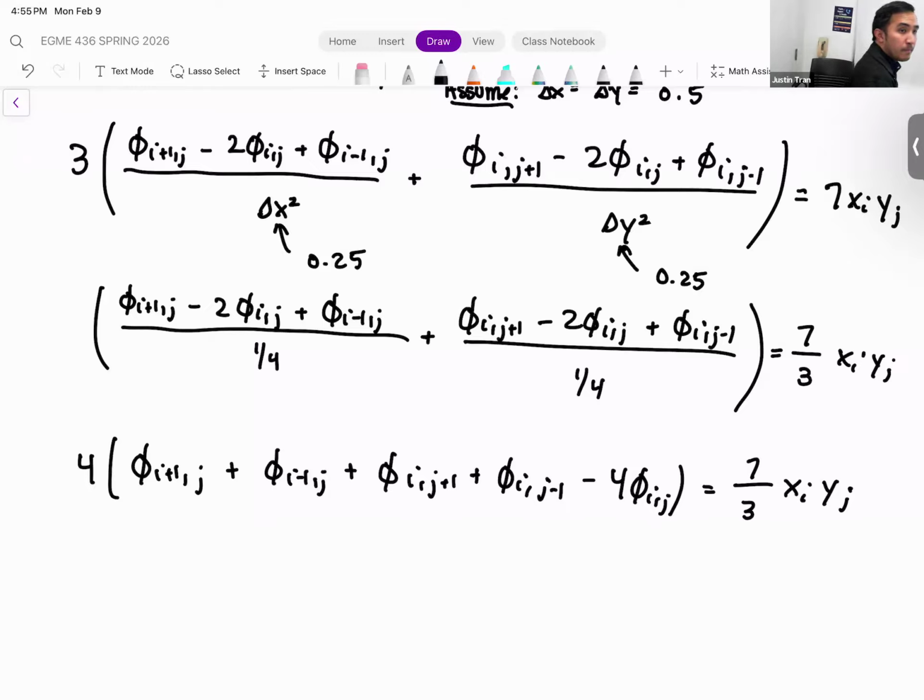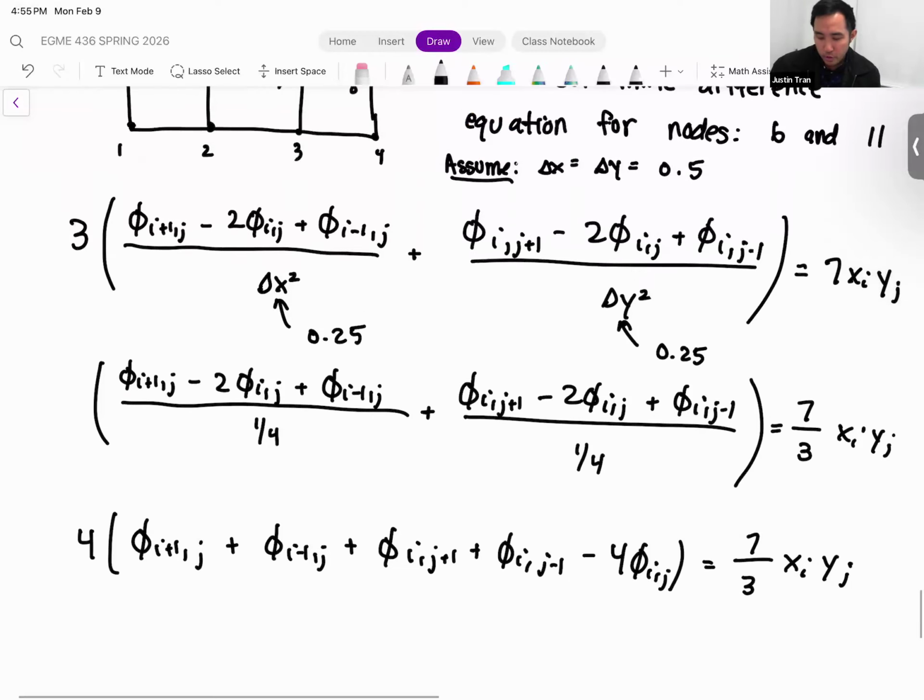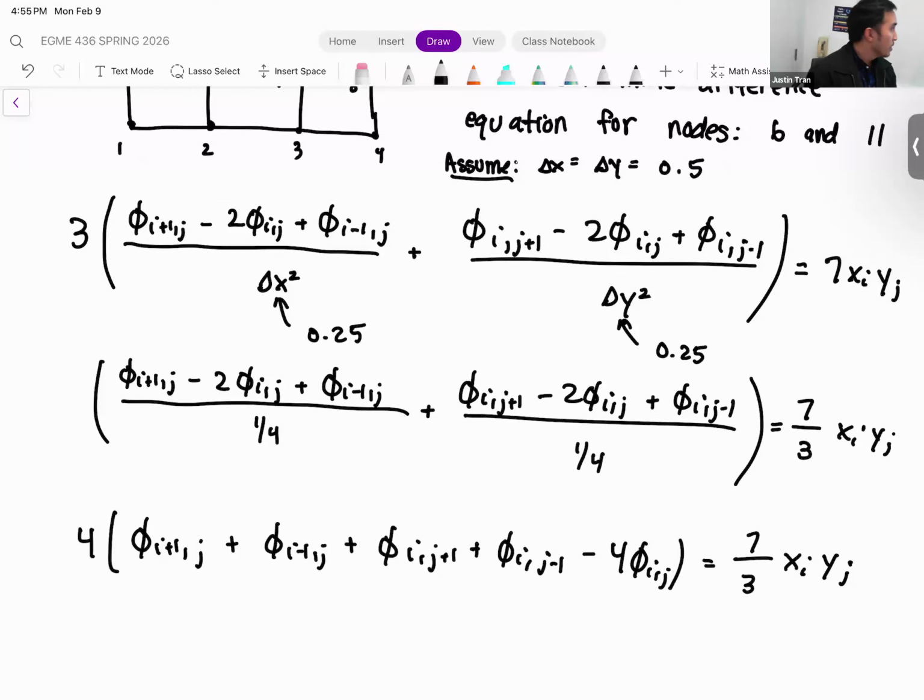For the 140, is it the delta x shouldn't be squared? So the delta x is 0.5, and so when we square it, it ends up 0.25. Yeah. So I'm saying the quantity is it's